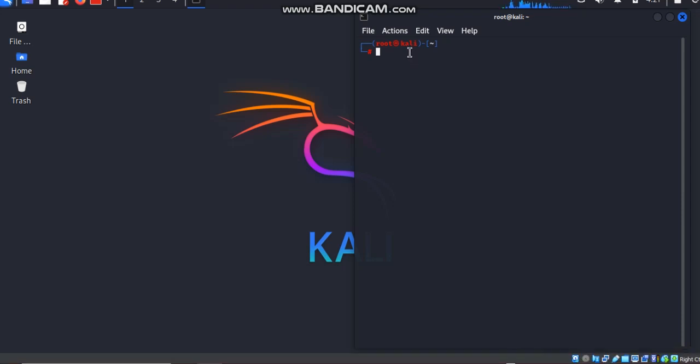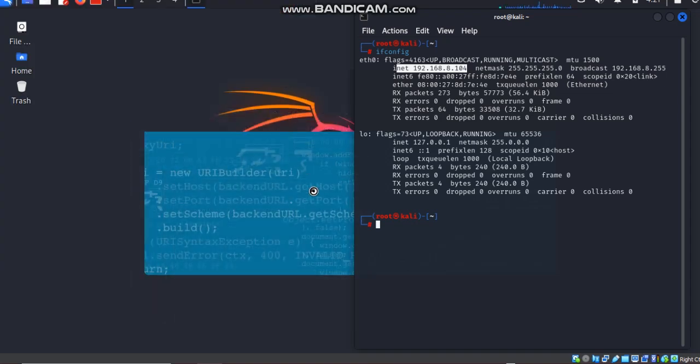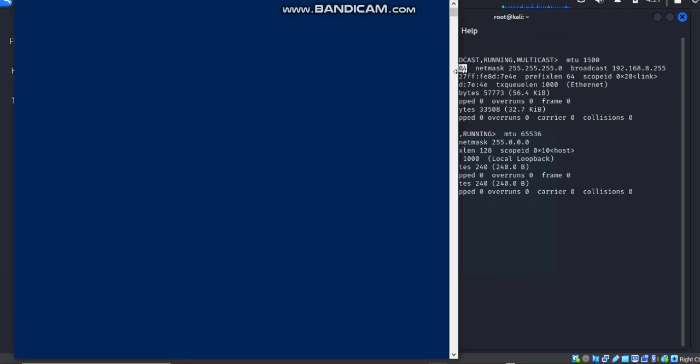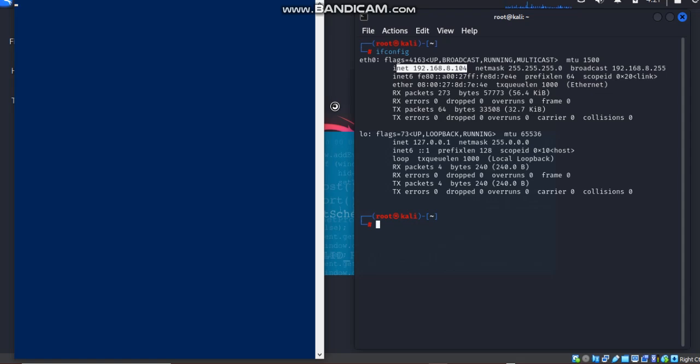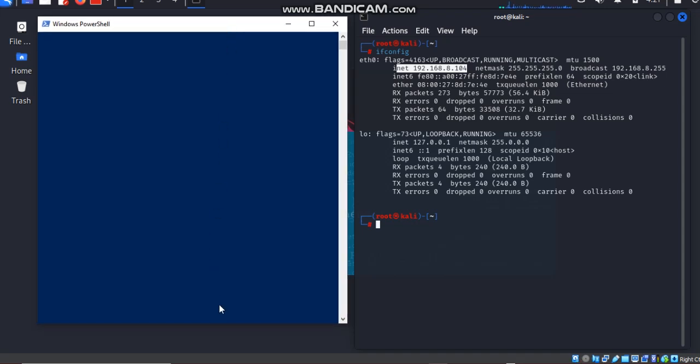So let me run my first introduction command, ifconfig or ip a, depending on the one you want to do for that day's recording. Okay, my address is 192.168.8.104. Now this is the Windows PowerShell. I also do that whenever I run the analysis to look at the devices on my network, so I can keep track of them. So my Kali Linux is on 104.